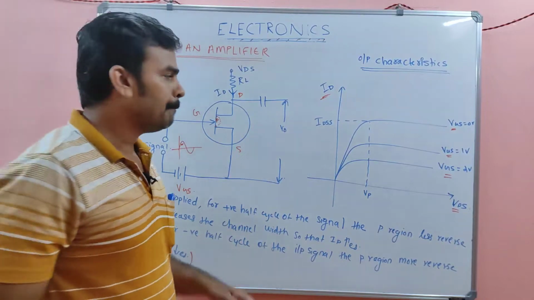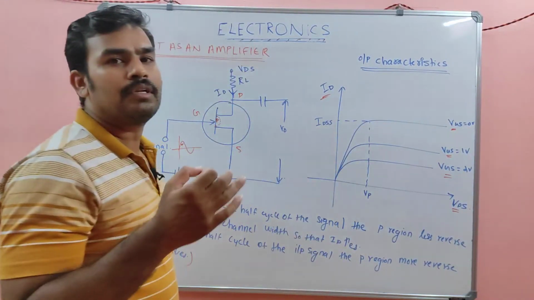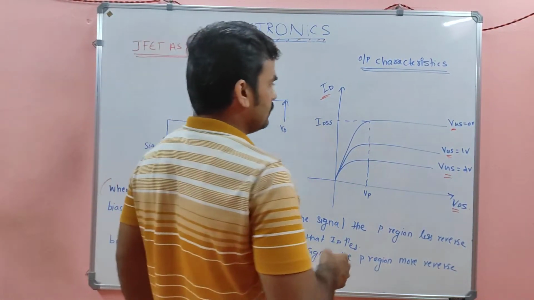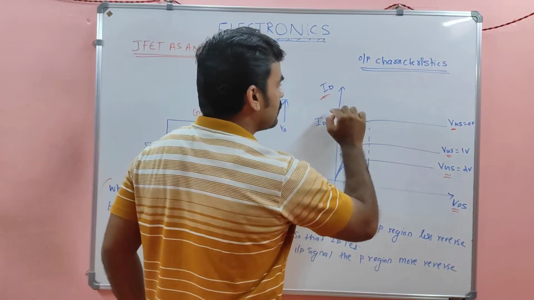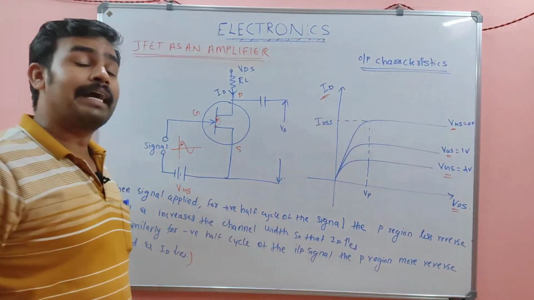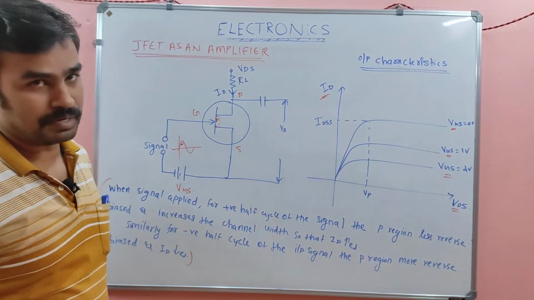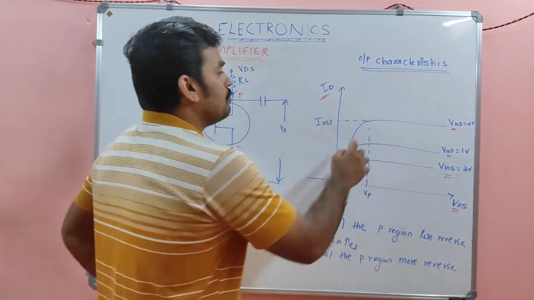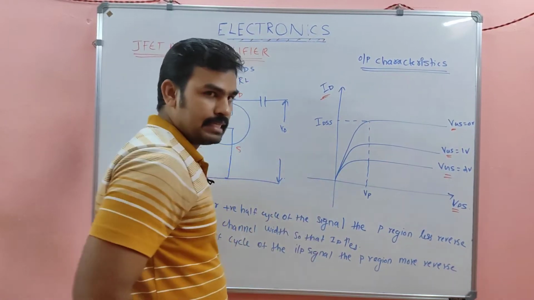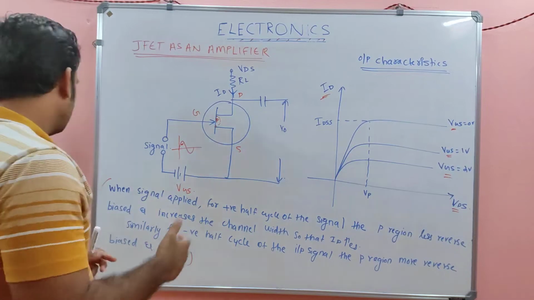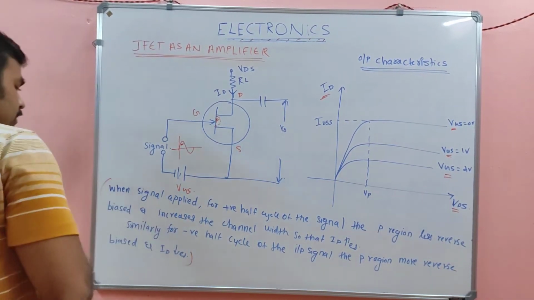That's all. So the graph between the output voltage and output current for constant input voltage or VGS is called the output characteristic curve. A very interesting thing you have to note from this output curve, my dears, is that for VGS equal to 0, the curve has the maximum current value, and that maximum current value is called IDSS. The full form of IDSS is nothing but